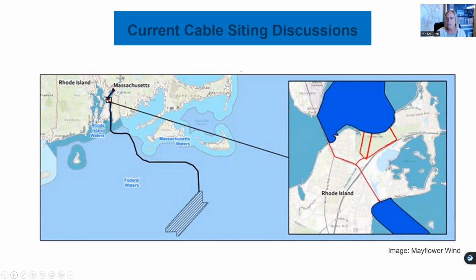There is a potential, they're going to land a cable likely in Massachusetts. There's also a proposal to go up Narragansett Bay, in the Sakonnet River part of Narragansett Bay, up through the town of Portsmouth, and then up to Massachusetts to Brayton Point.